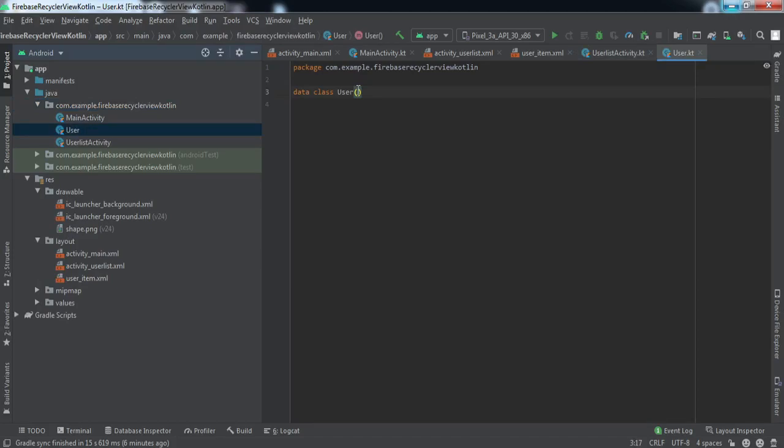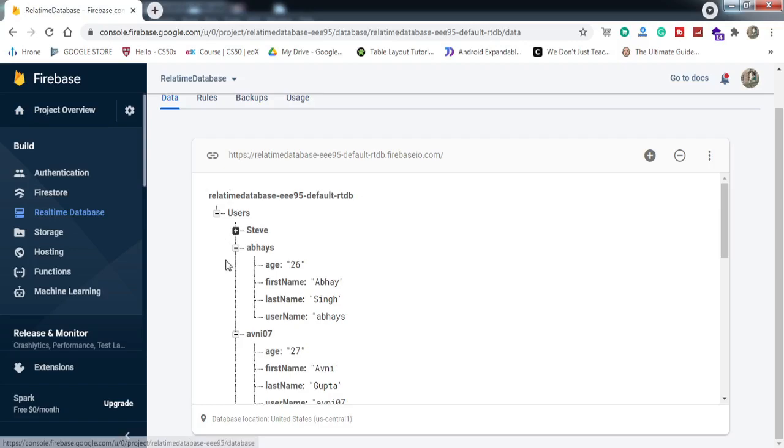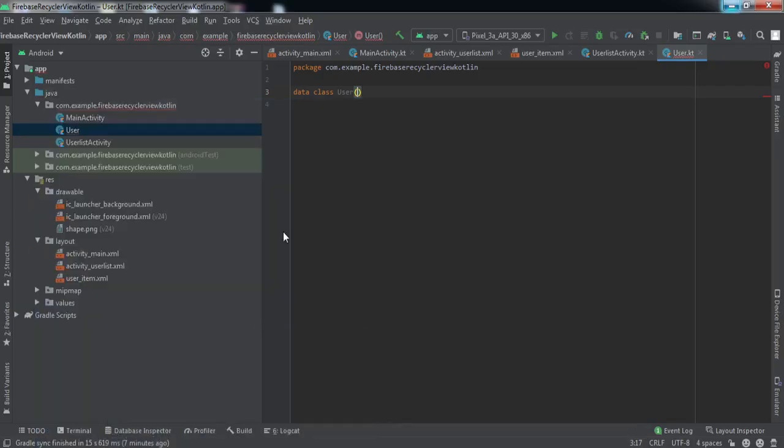So here we need to define all the variables that we want to fetch from the real-time database, right, that are there inside the object of real-time database. So for example, this is a single object that I'm gonna fetch. So inside this we have four fields: age, first name, last name, and username. But I want to fetch only three things: age, first name, and last name, right? So I'll declare these three variables, but make sure that the name of the field here is age, first name, and last name, you keep the same names here. The names should not be different, otherwise the data will not be fetched or stored inside this object, right? So let me quickly declare the variables.